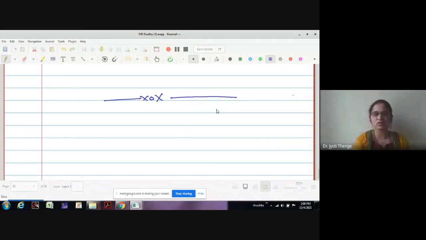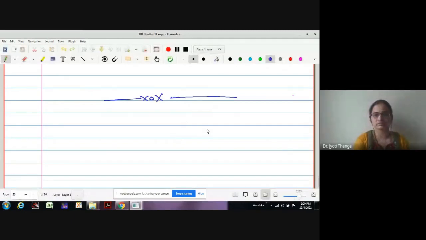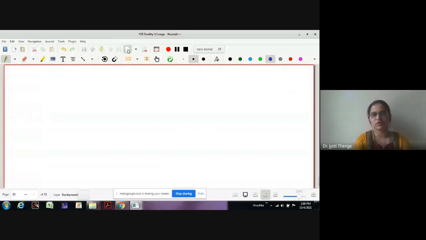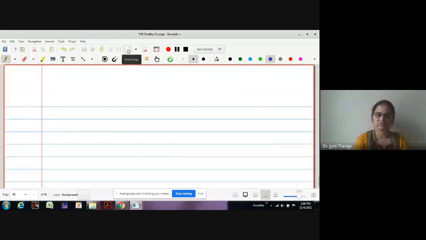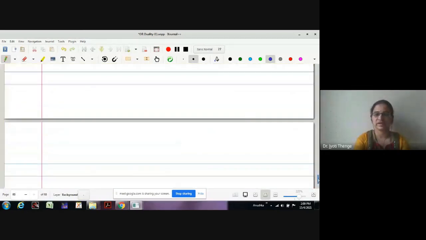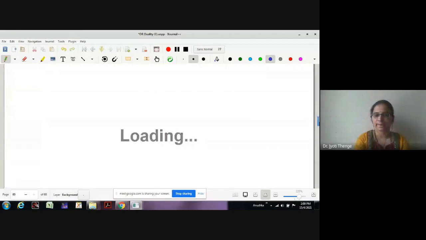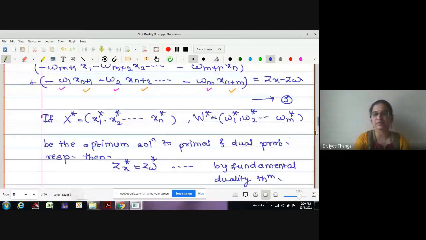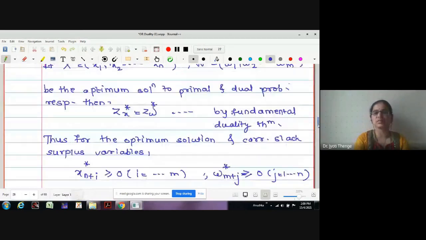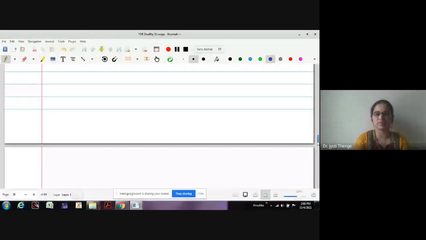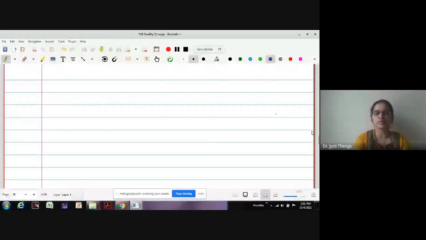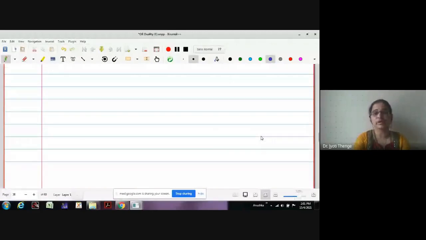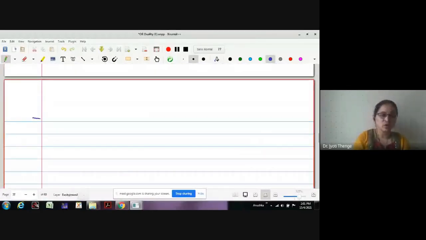What do you understand by hearing the word integer programming problem? What can you guess rather? The word integer. Any guesses? No? Actually, this integer programming problem was an essential part of operations research, linear programming problem. Why is it? Because in linear programming problem, we have imposed a condition for the solutions of the variables to be non-negative only.